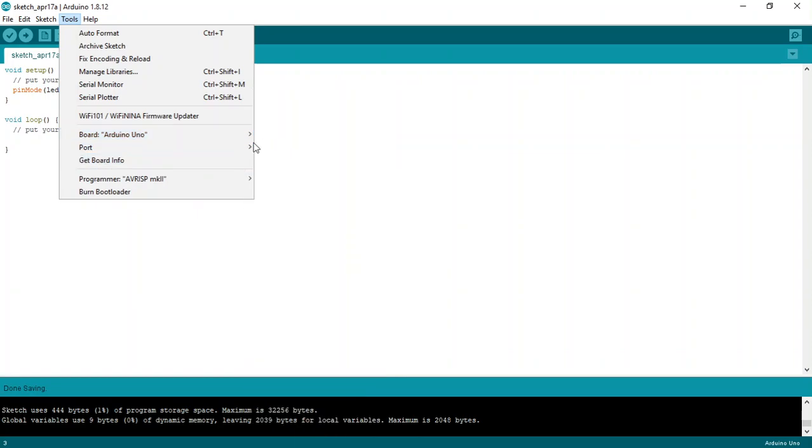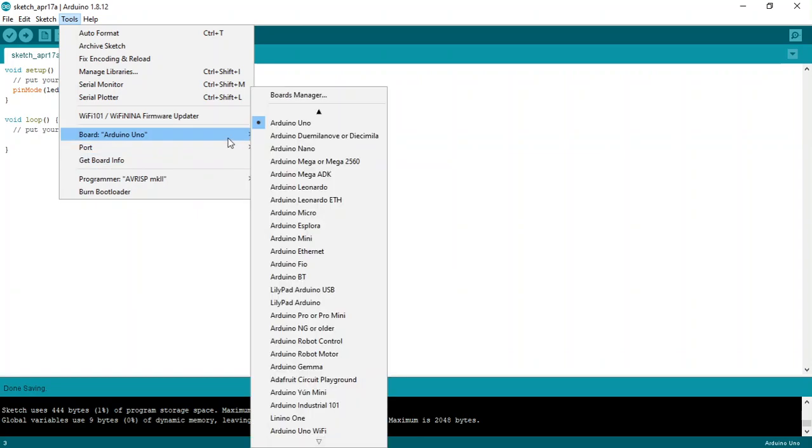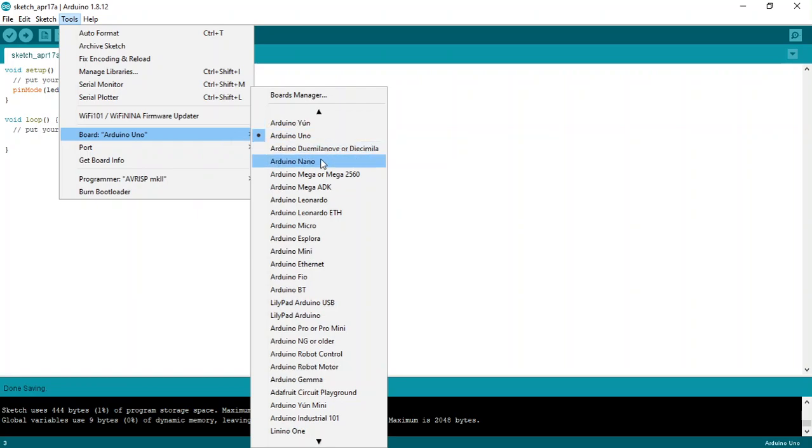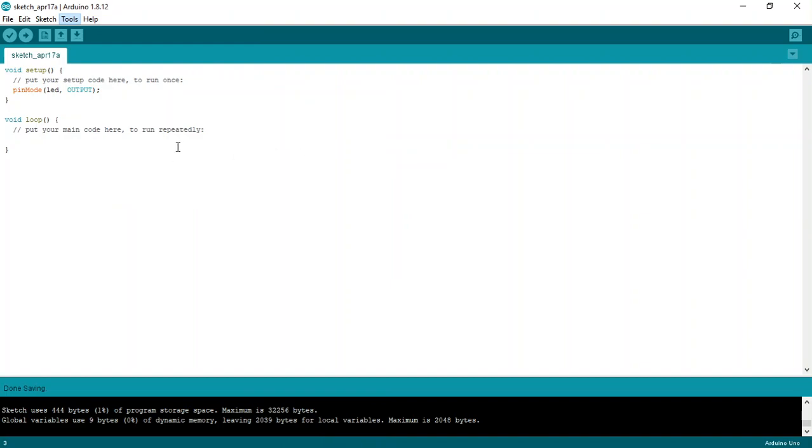So there are different types, and many more boards are being created every year, so don't be surprised. So we are using Arduino Uno, so that's good. The next one is we're going to set up,